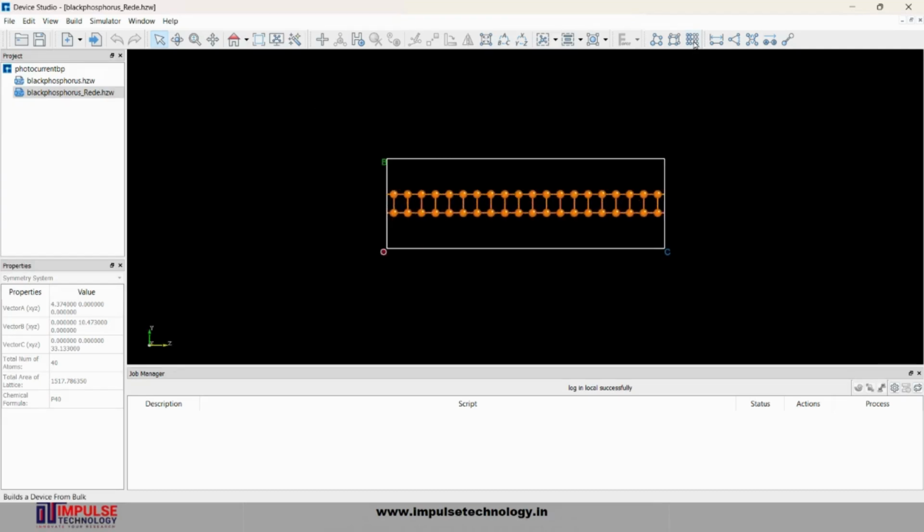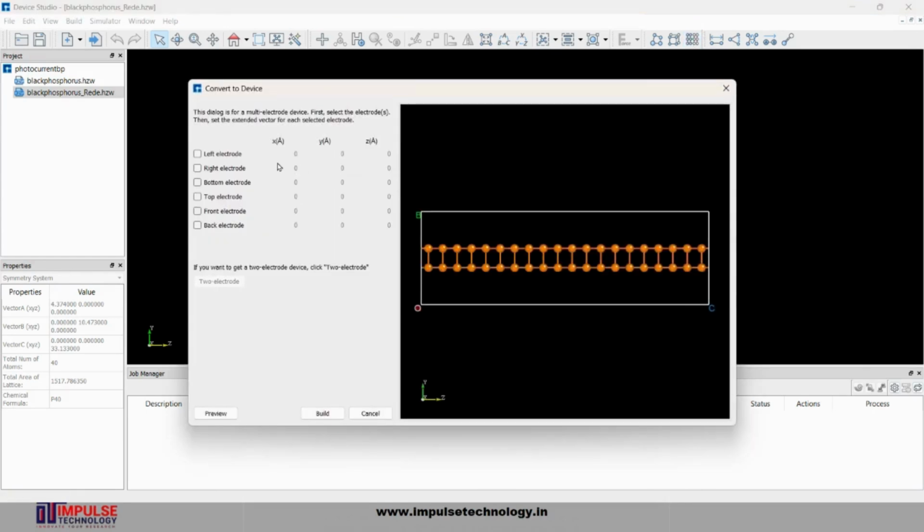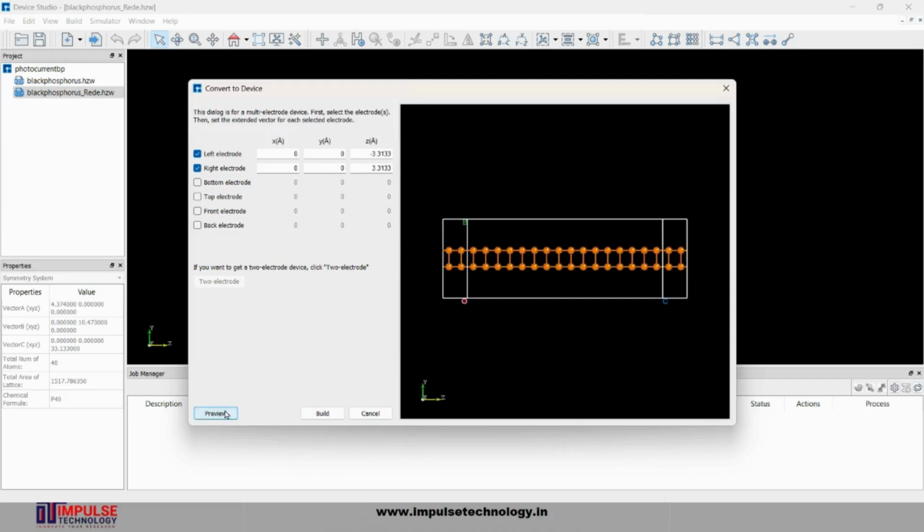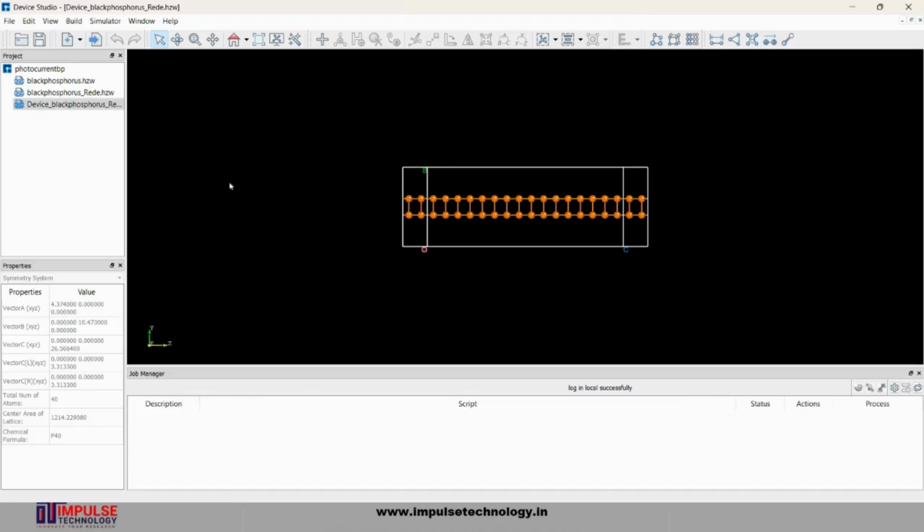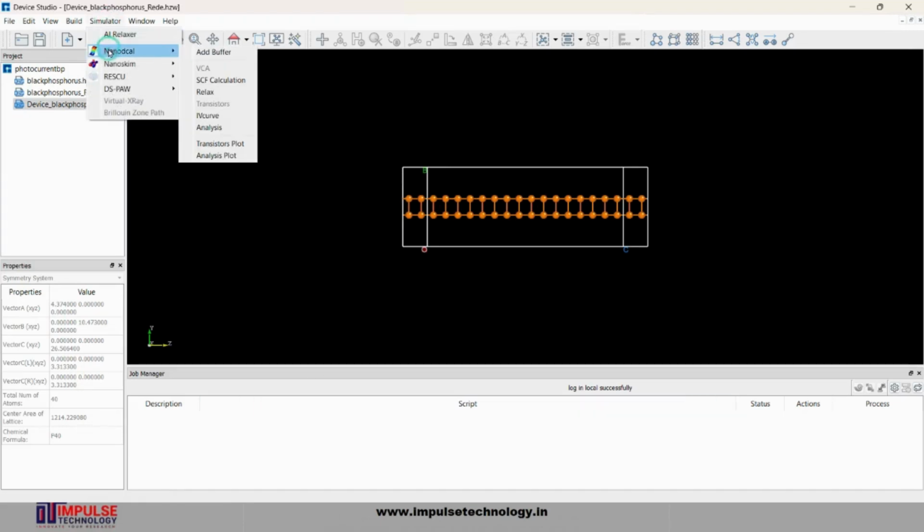Here you can see the convert to device option. Click on this. Click on left electrode, right electrode. If you want to change, you can also change. Click on preview and click on the build option. After that, go to the simulator option, Nanodcal,